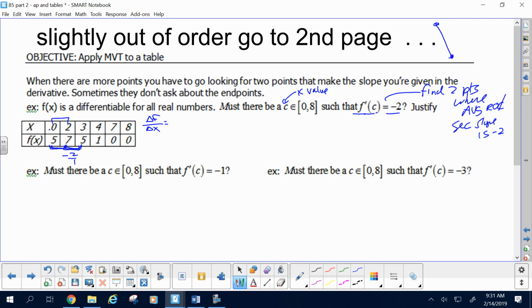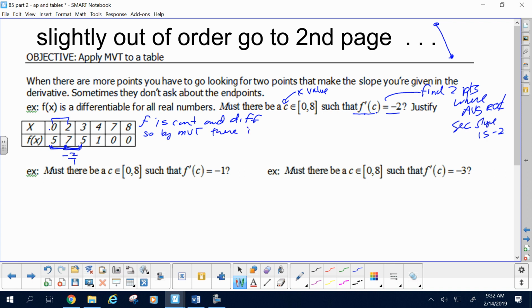All right. So now let's talk about saying it. In order to use the MVT, a lot like intermediate value theorem, you have to show the conditions were met. So what are the 2 conditions for MVT? Continuous and differentiable. Okay, so say something like F is continuous and differentiable. Now, actually, they don't really say it's continuous. How do I know it's continuous? Differentiability implies continuity. If the derivative exists, it has to be continuous. All right, so it's implied. F is continuous and differentiable. So by MVT,